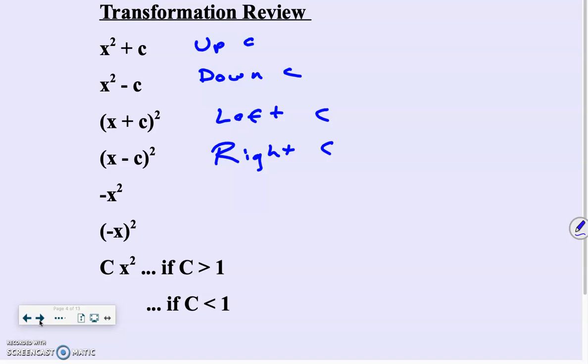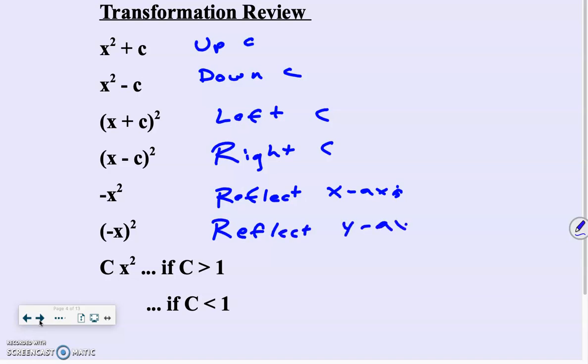What about negative x squared with the negative on the outside? Okay, so reflect. Use that x-axis. I think the calibration is a little off. What about negative x quantity squared? That's going to reflect on the y-axis technically, but, and I say technically because